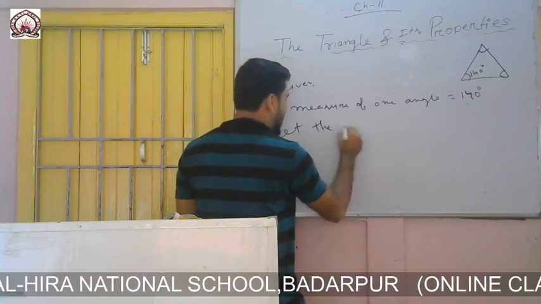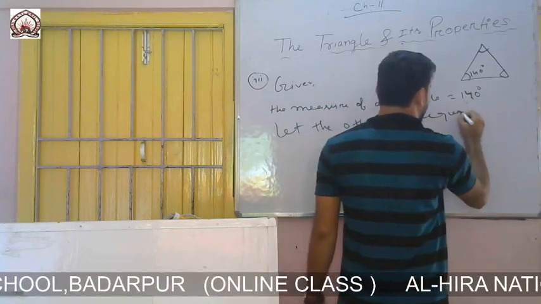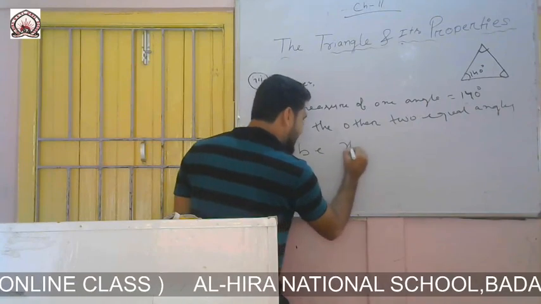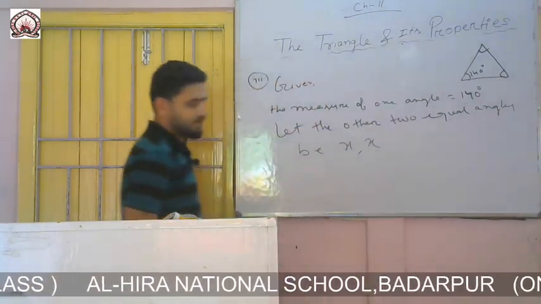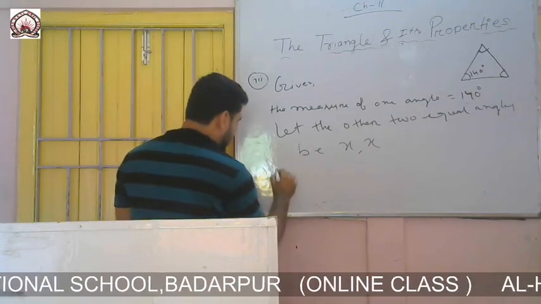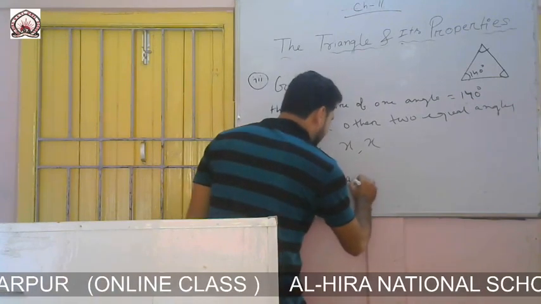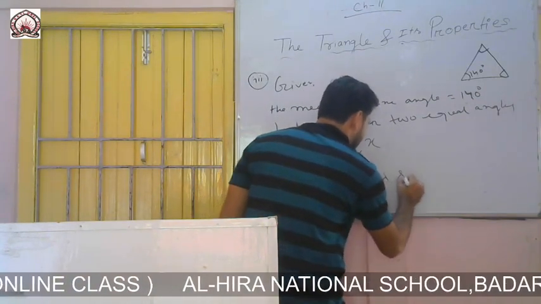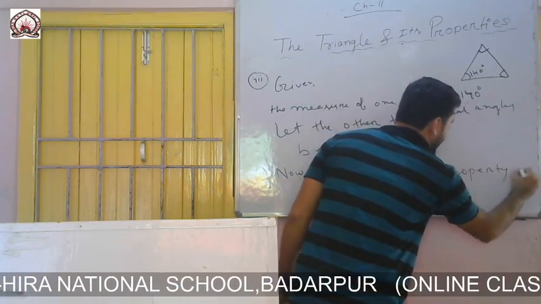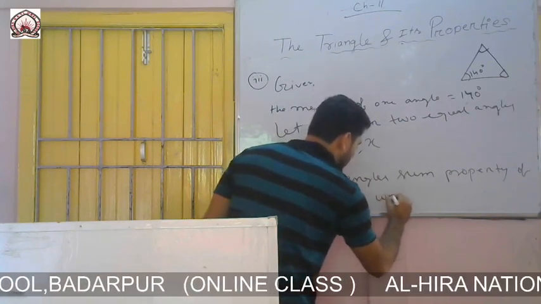Let the other two equal angles be x, x. We don't know the other two equal angles. As earlier, you write this sentence: now by angle sum property of a triangle, we have,